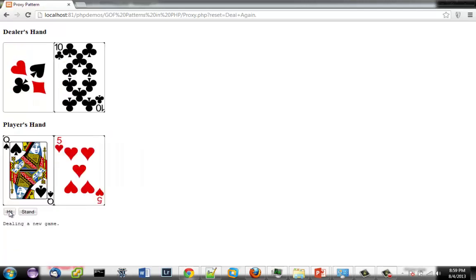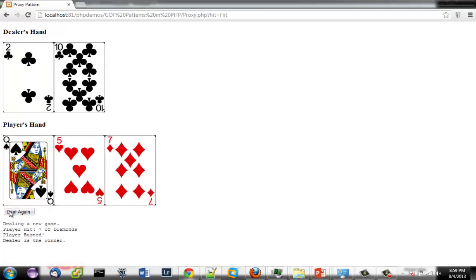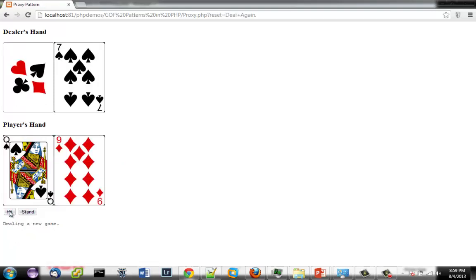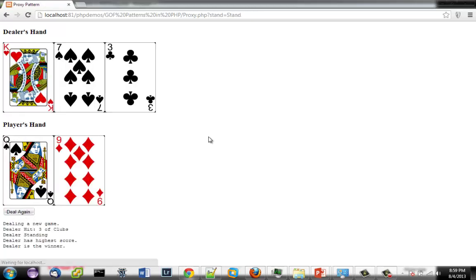So you can sit here and play blackjack if you want to, using my little game. Player busted, deal again. Hit, I busted again. The dealer's whipping up on me. I think I'll stand on that. That's pretty good. Dealer has the highest score. Darn, he beat me by 1 point. Dealer's pretty good. But you can see here, I've implemented the game of blackjack, and inside of that I have the proxy pattern going on. It's just a simple way to demonstrate it, but I had too much fun writing this demo, so you can play blackjack whenever you download my code samples and load this up inside of your web server, whatever that may be.